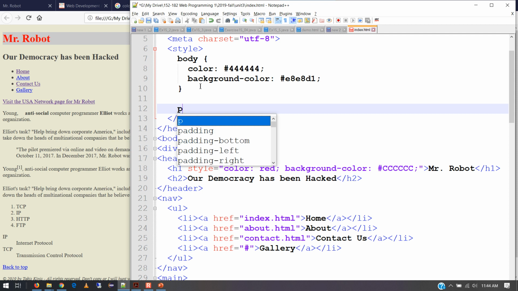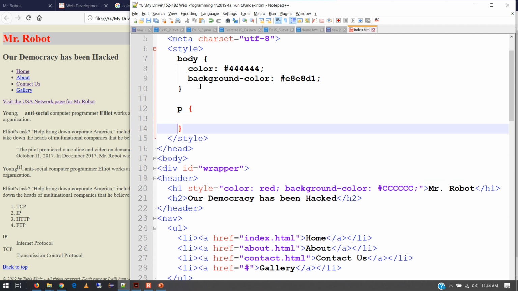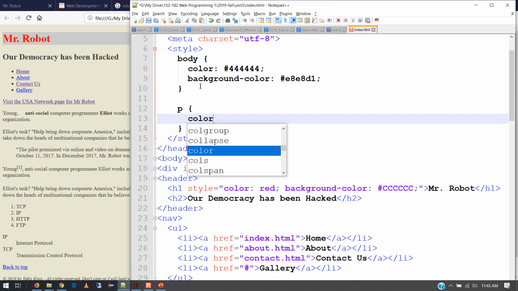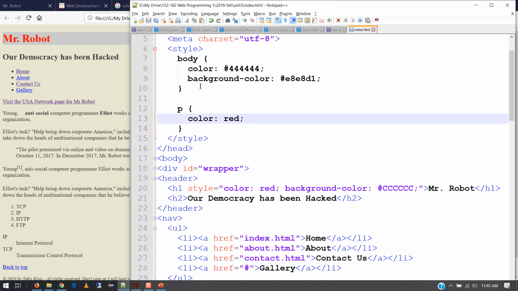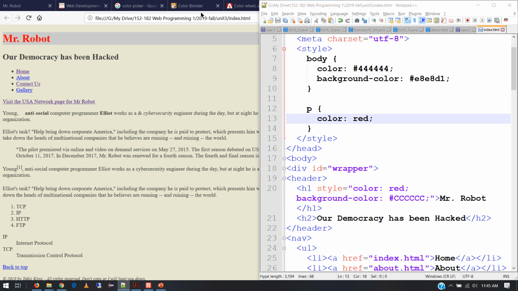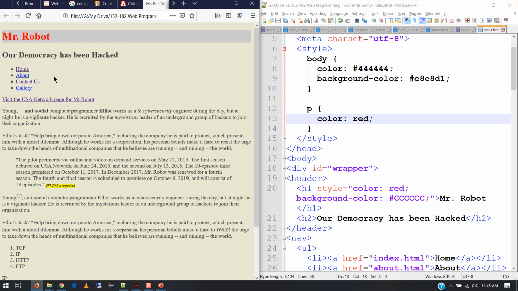and I would just very simply say color, and I want to do something dramatic, so I know that it worked. I'm going to do red. And then save it. And now let me refresh here. In fact, I'm going to leave the code up, so I'm going to do this side-by-side thing that I do sometimes, so you can still see the code. I'm about to do a refresh on the left side of the screen, so here's my refresh. Now notice